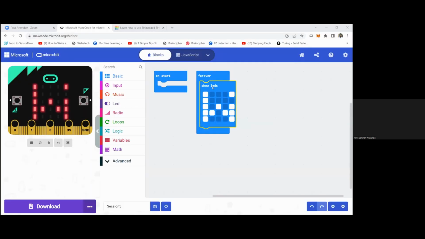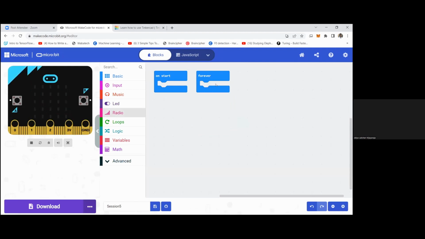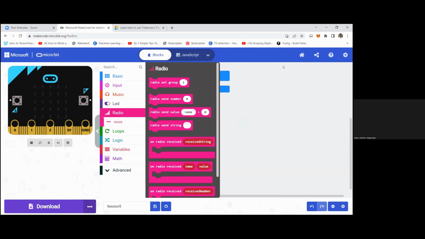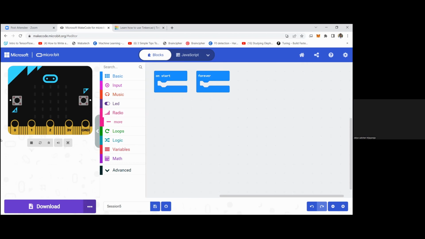Here in our blocks, there is a block called radio. So there are the radio blocks. So we have to use these radio blocks and we can make a program where we can communicate with one or more another microbit devices. Okay. So let me show you how we can